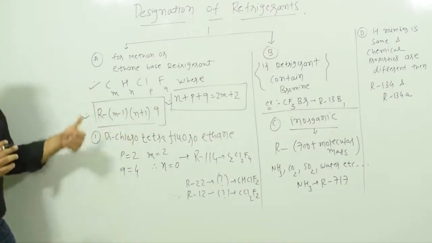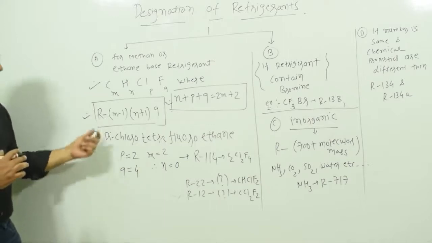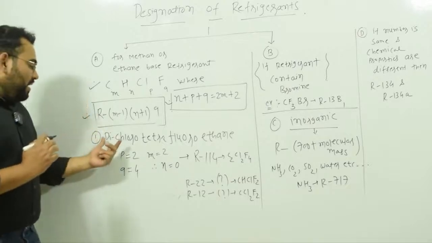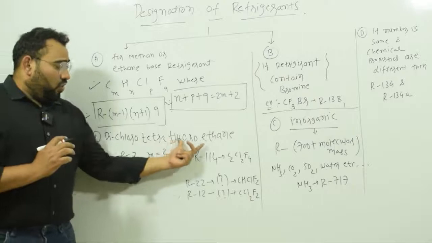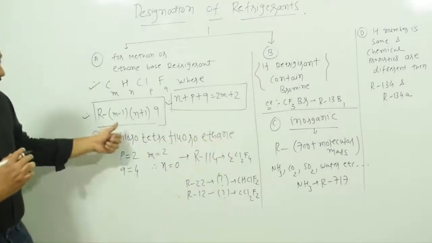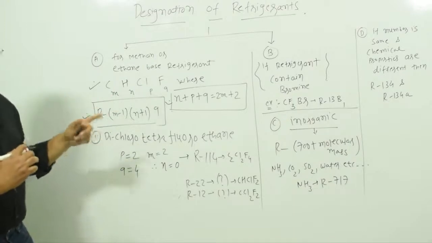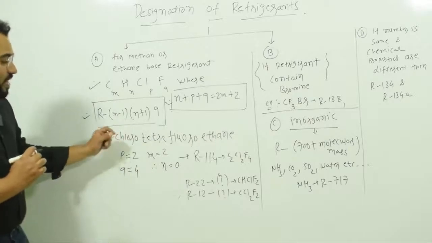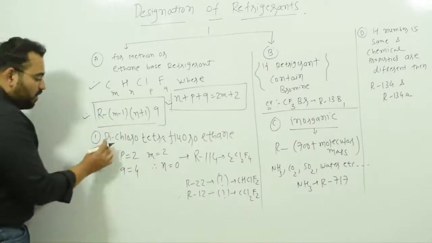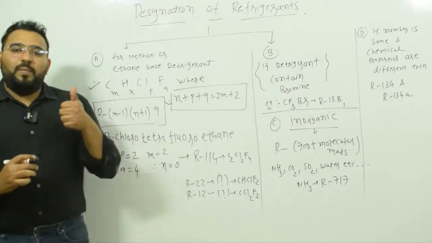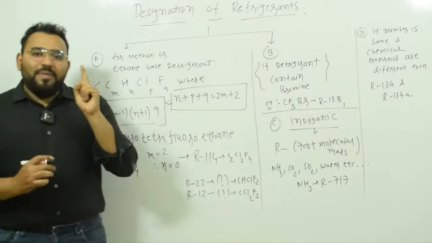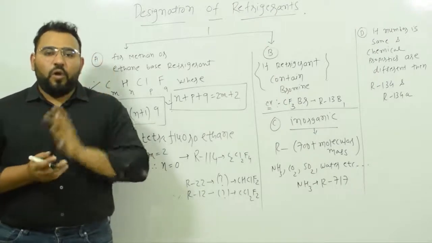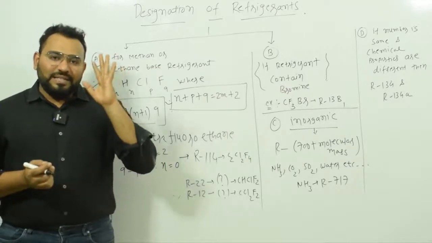And how to give the name? Let us take one example. In the examination, they will give you something like this: there is one refrigerant named dichlorotetrafluoroethane. Now find out the chemical equation and the refrigerant number for this particular refrigerant. So how to find the refrigerant number and chemical equation? Here you can see the word di. Remember this: mono means 1, di means 2, tri means 3, tetra means 4, penta means 5, hexa means 6.